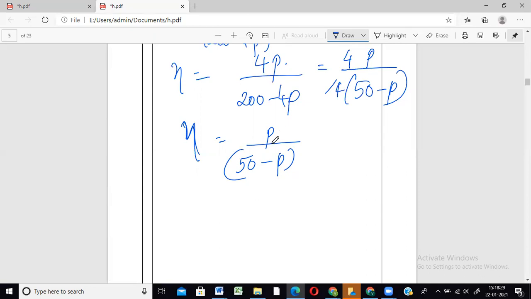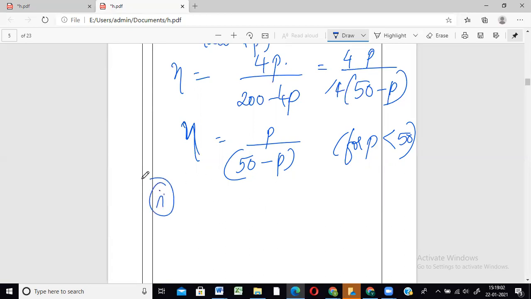So that is not possible. You don't want that to happen, so we will put a condition over here: p will be less than 50. If p is equal to 50, then 50 minus 50, you will have 0 in the denominator, which is not defined, right? So all the values of p should be less than 50. If it becomes even slightly bigger than 50, like 51 or 52 or 60, this becomes a negative value, which is not okay, correct? Hence p should have values less than 50.